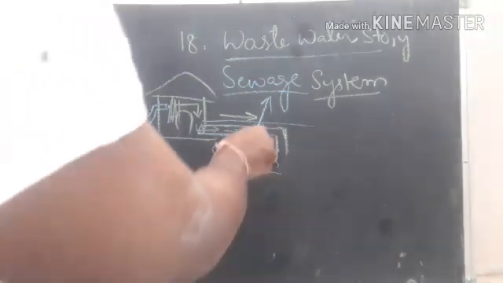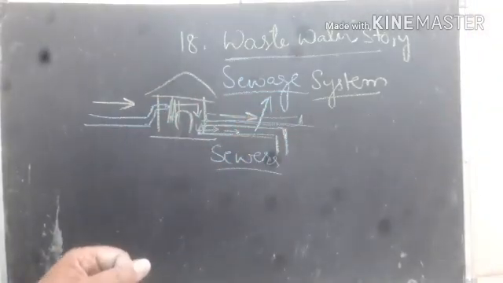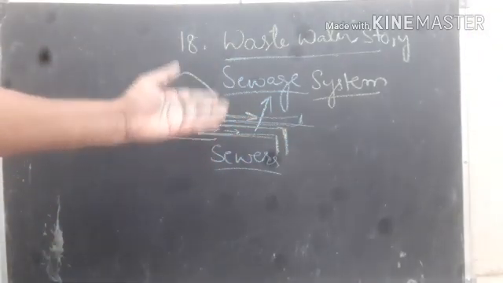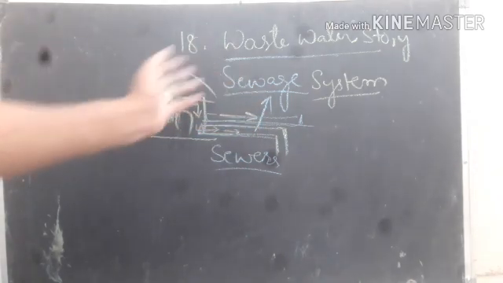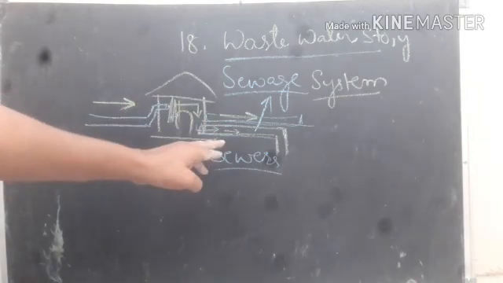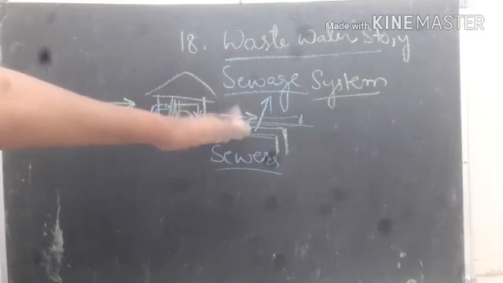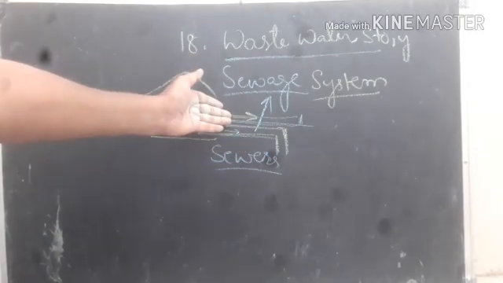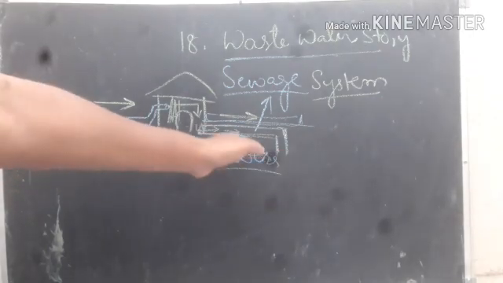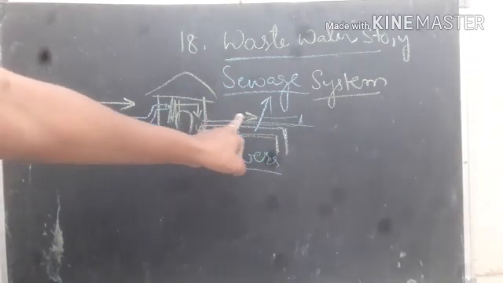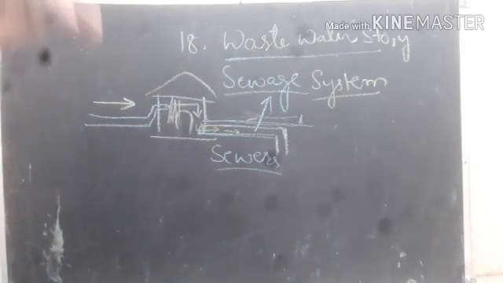Other pipelines or canals are constructed above the soil, on the surface of the soil, and those are called open drainages. So drainages are of two types: closed drainage and open drainage. Closed means it is underground and we are unable to see it, whereas open drainages can be seen, flowing in the canals as dirty water.